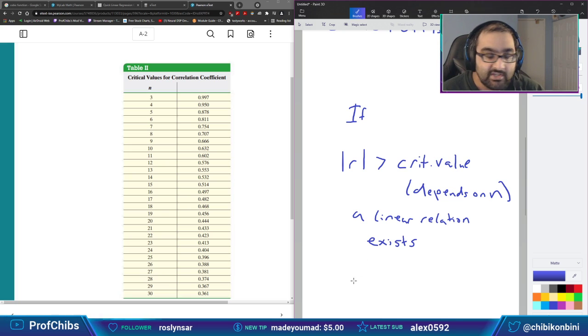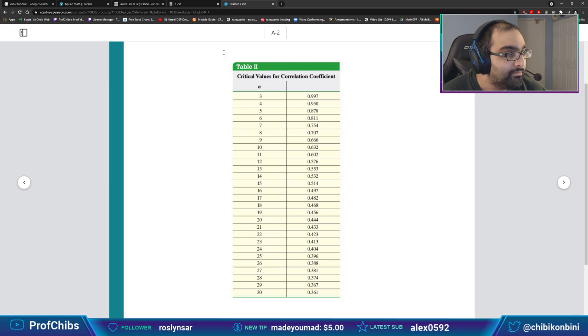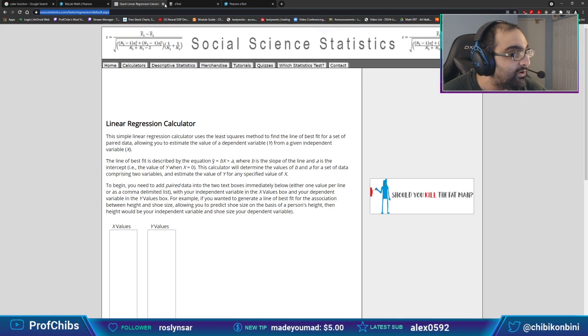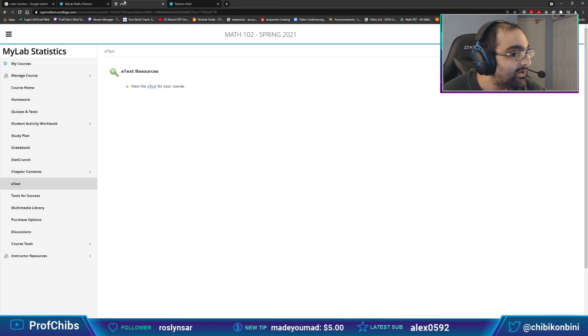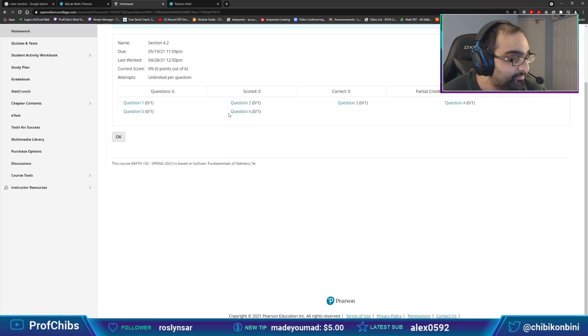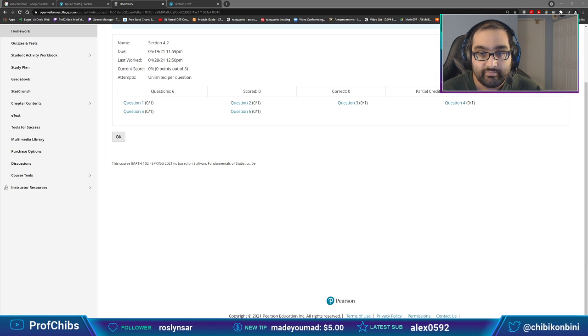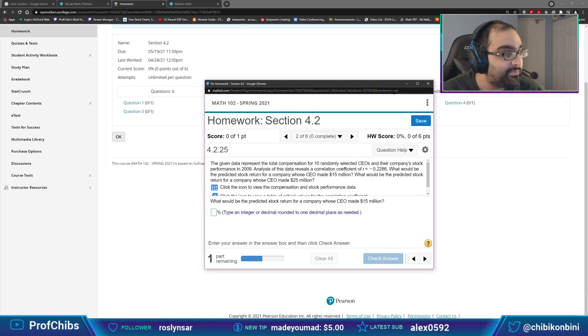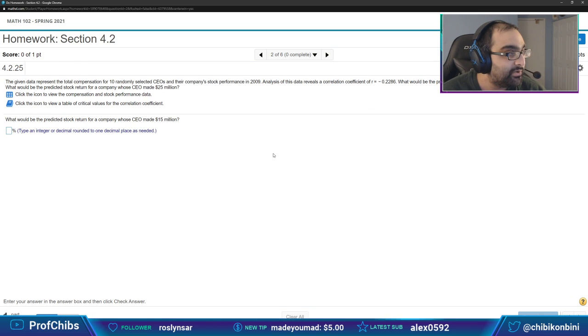I did a problem like this earlier today. If a linear relationship doesn't exist, like we had in this problem in 4.2 specifically, then we had to do it a different way. So I'm going to show that off for you, because I wouldn't be surprised if you ran into the same issue. That was section 4.2, number 2. You're probably trying to use the line of best fit for this problem, but it wasn't getting it correct.